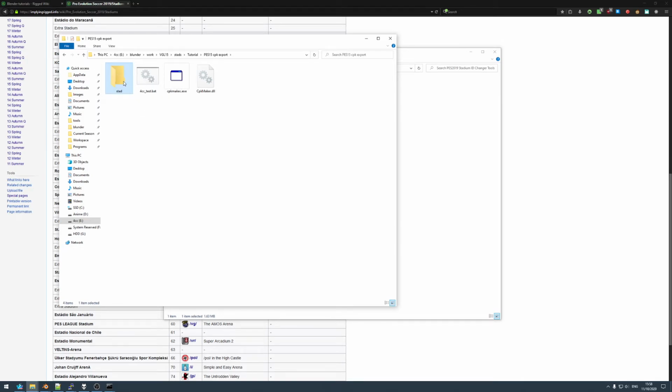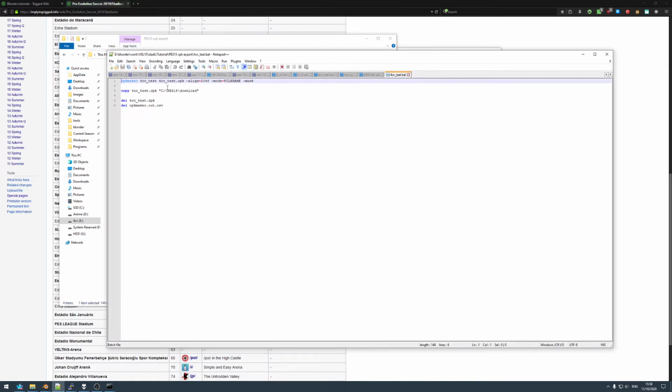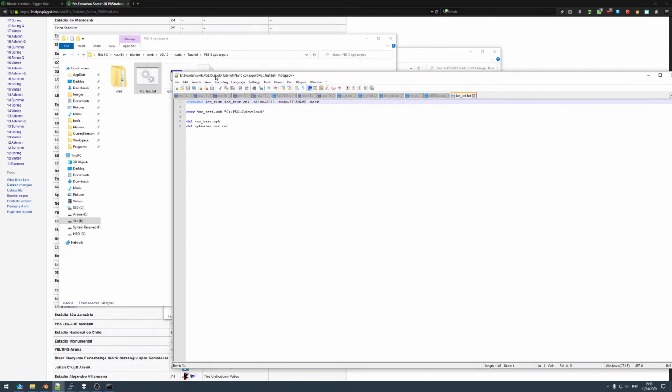For convenience, I'll just rename the folder to be stad, and I'll dump all of the files in there. I'll leave the batch file as 4cc_test, and then the contents of the batch file do need to be edited a little bit. So first of all, this here is the name of the folder it targets, so change that to be stad for my purposes. Next up is the name of the CPK file, which for me is going to be